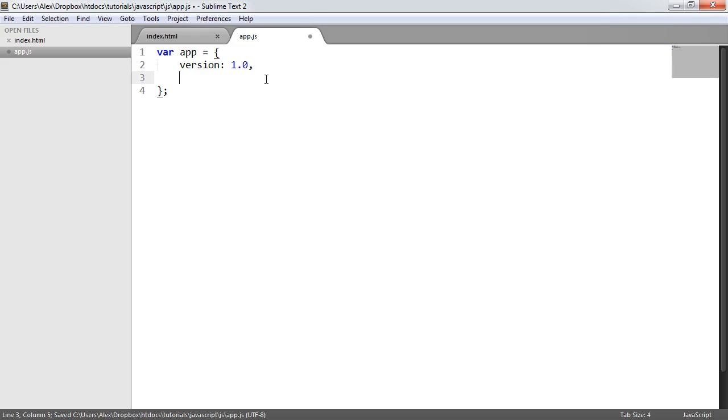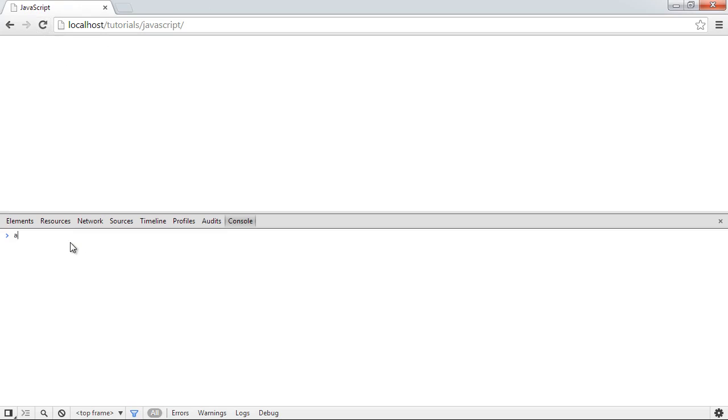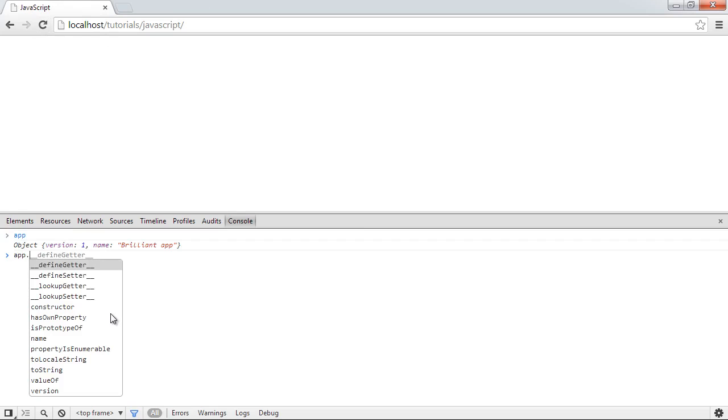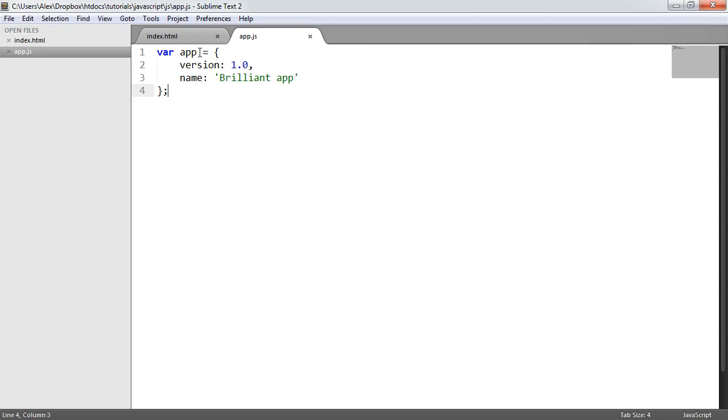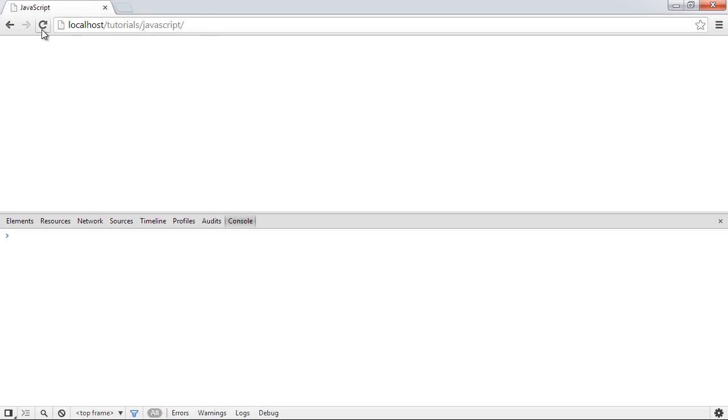And we can comma separate these as we have done before. So I'm going to say name, brilliant app or something like that. So now we've got two properties within this object. So when I go ahead and refresh and type app, you can see that we've got that, and we can access them using the dot notation, and we can say what's the app version, 1, what's the app name, it's brilliant app. So we can do this as well, and we stored this all within a global variable